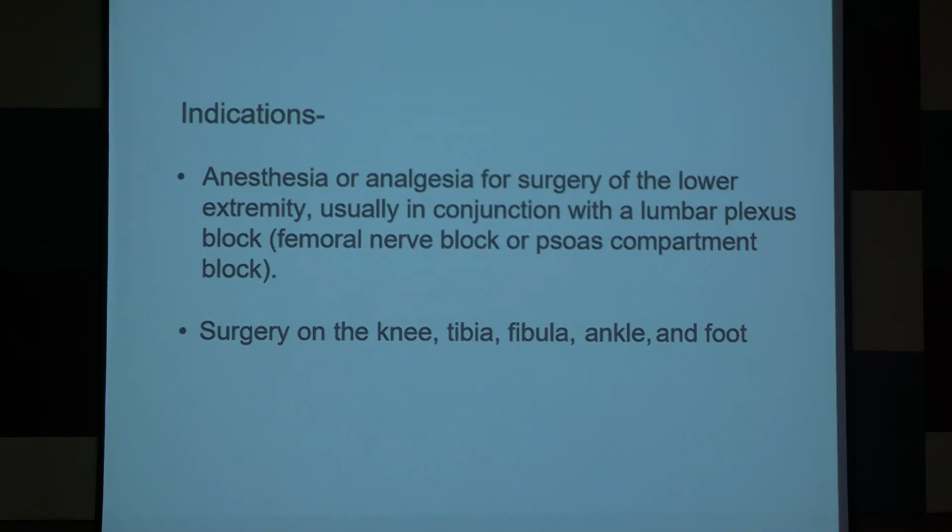Right. So it is for anesthesia or analgesia for surgery of the lower extremities. It can be given single-handed or it can be given along with lumbar plexus block. If you are giving it with lumbar plexus block, a more dense and profound blockade is formed. That can provide anesthesia. For that, you don't need any other forms of anesthesia. Or if you give it with spinal anesthesia, as I was talking about, the spinal anesthesia will be for the surgery. The sciatic nerve block will be for post-operative analgesia.